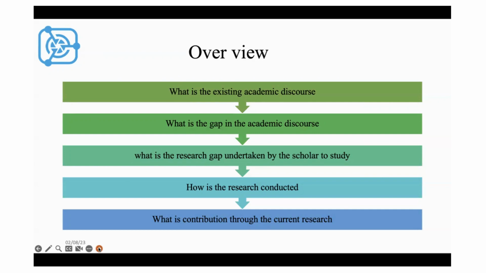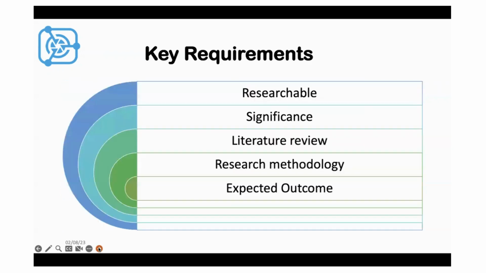This would be covered under 4 or 5 major components. First, establishing that the chosen research topic is researchable, which means there is space and scope to study it, and that there exists a problem to which the researcher is trying to find a solution. Second is establishing the significance of the study, which showcases that there's a societal relevance to the study conducted. Third is looking at the existing literature, especially the prominent works, which would have helped you identify the research gap.